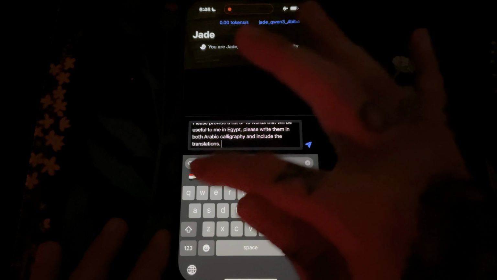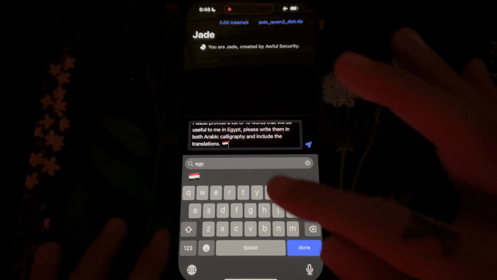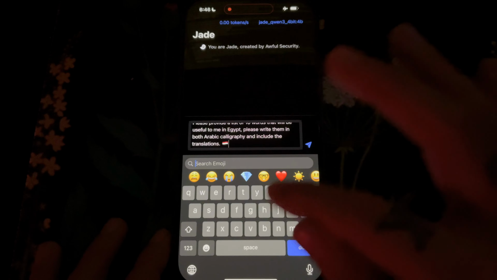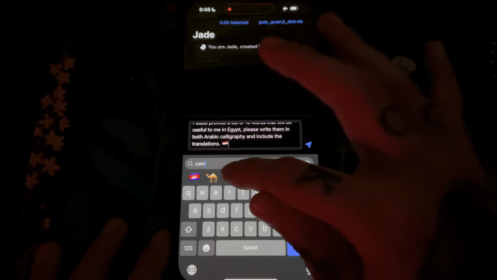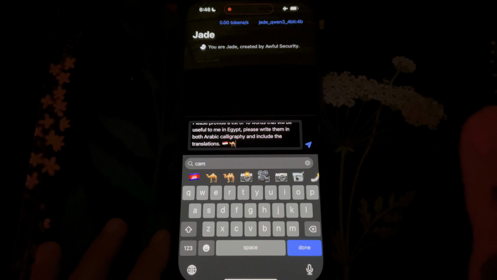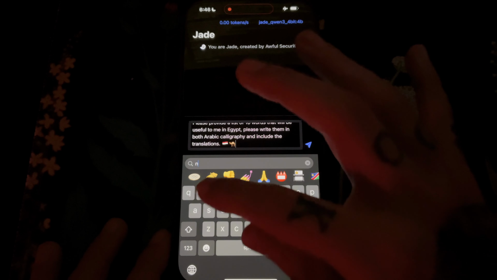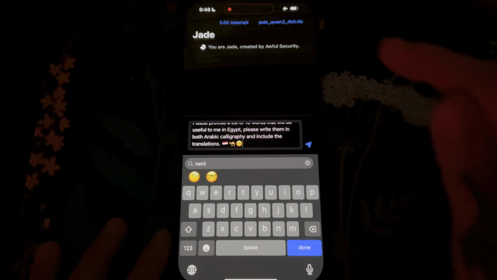So let's throw in the Egyptian flag. I just recently met a friend that lives in Egypt, so she inspired this particular prompt. And we are nothing if not a nerd, so let's put on our thinking glasses.